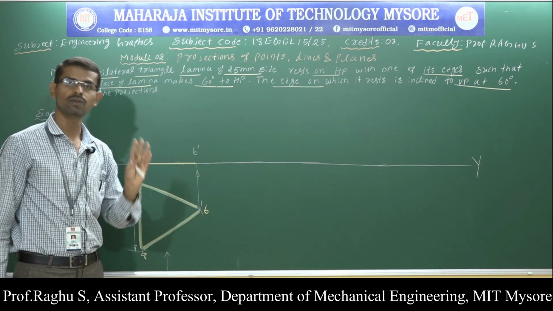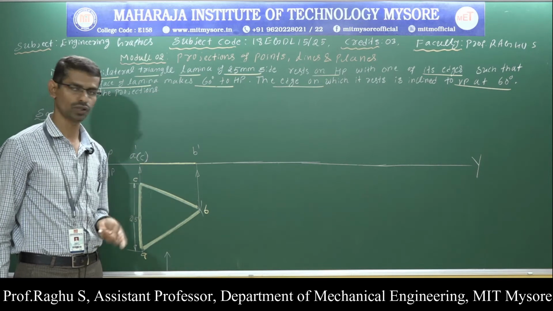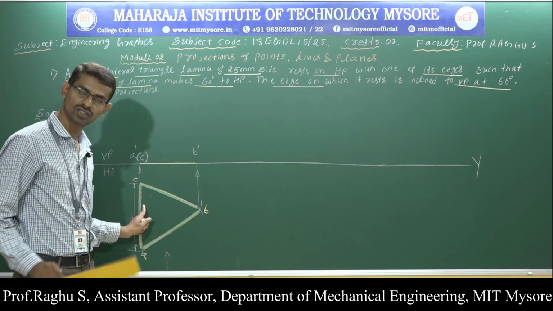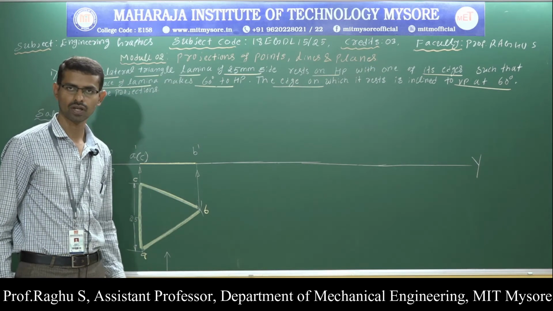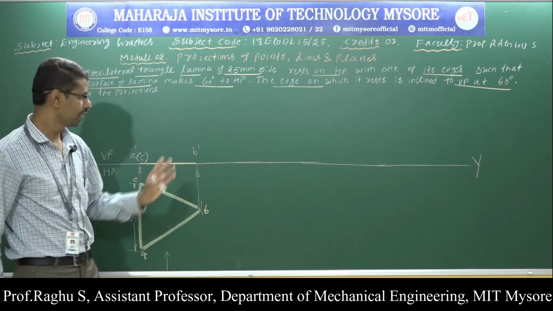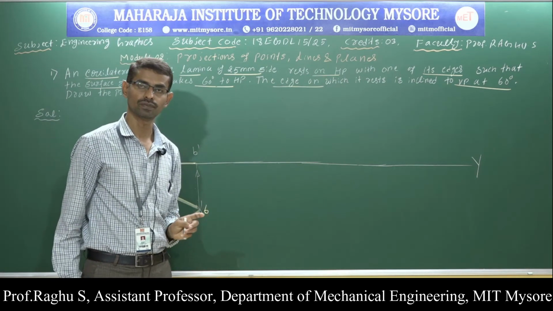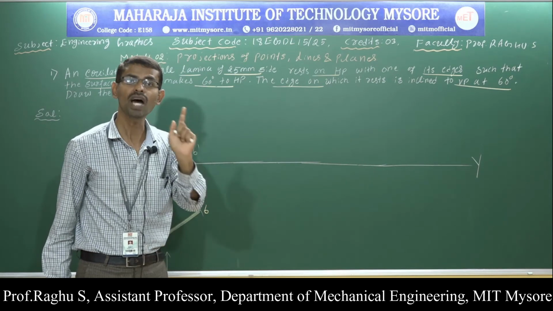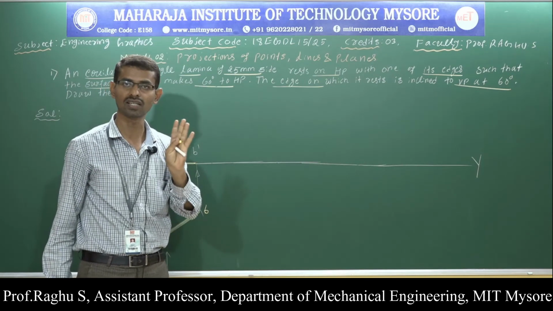So for any problem on projection of planes, to draw the first position I need only the edge resting condition or corner resting condition. I do not require any inclination. So this completes the first position. Next, move on to the second position. In the second position, I consider only one inclination, that is lamina inclination. Do not consider line inclination.